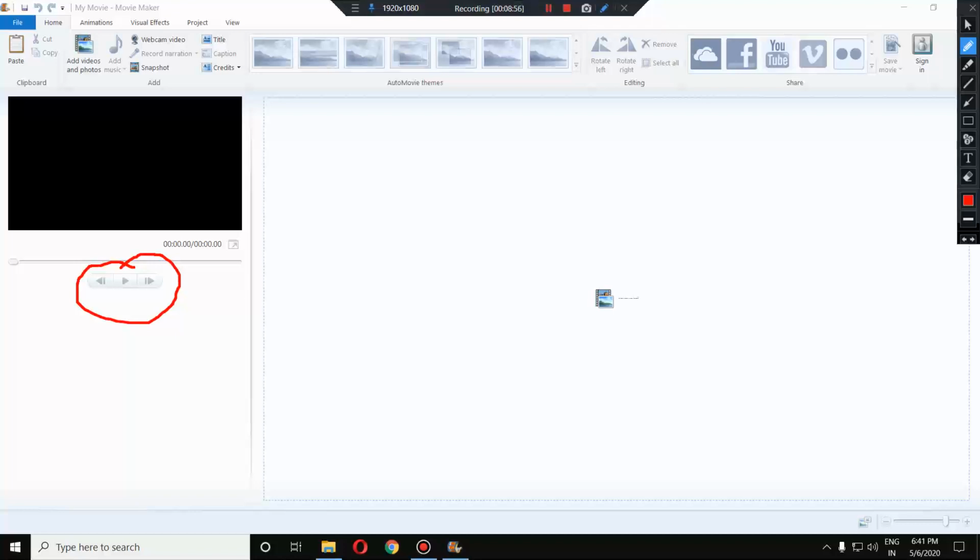Then we have the zoom slide bar. Here you can see some plus and minus options, which can zoom in and zoom out your storyboard arrangement. I'll let you know how it is done when I start adding the slides, I mean to say photos or anything. So this is all about the interface basically. Let us start.